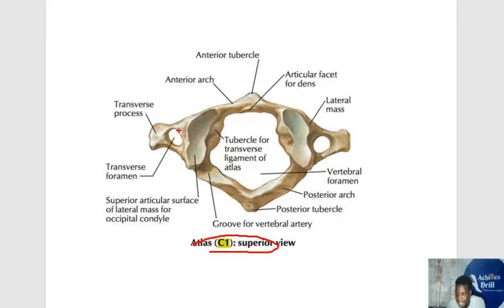Okay, so and then there are still some important structures associated with it. Of course, here is the transverse foramen, the foramen transversarium, and it is associated with the vertebral artery. You find it on all cervical vertebra. They have this transverse foramen on their transverse process. Now let's move on and let me show you a picture of the second